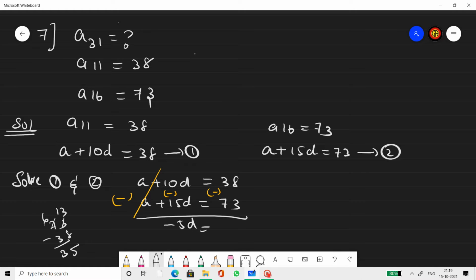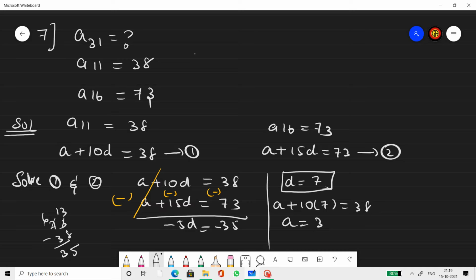And 635. So we get minus 35. So D equals 7. So when D is 7, next find A by substituting D in one of the two equations. So I am choosing the second one. First one, 7 equal to 38. A equals 38 minus 70,